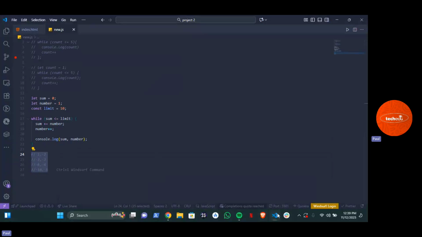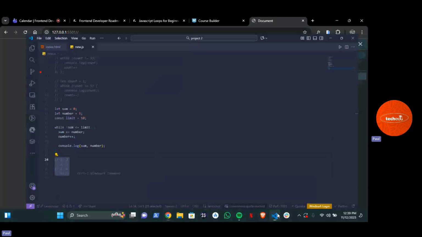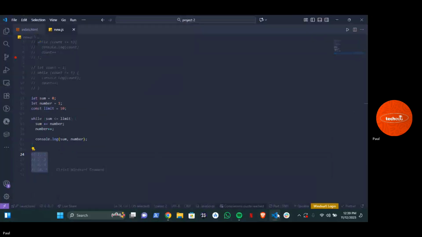What about number? Why is it getting to 15? This is wrong. Wait, what is less than? Is less than like this or like this? Because this is, so that means this is what we want. This is actually what we want. So now we are saying that while sum is less than or equal to limit, this now this